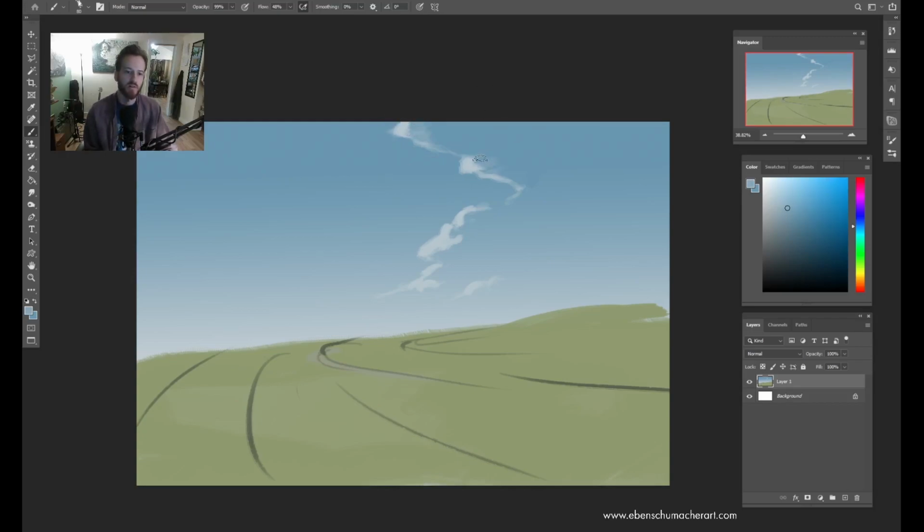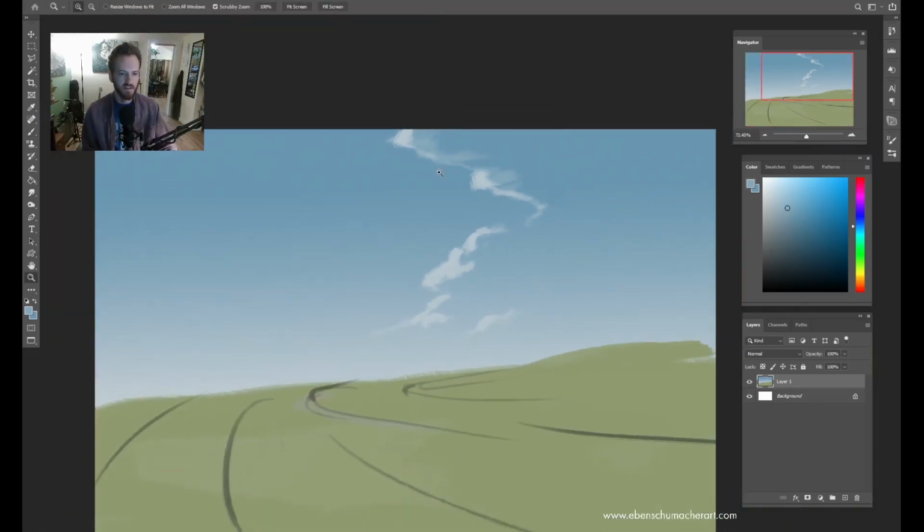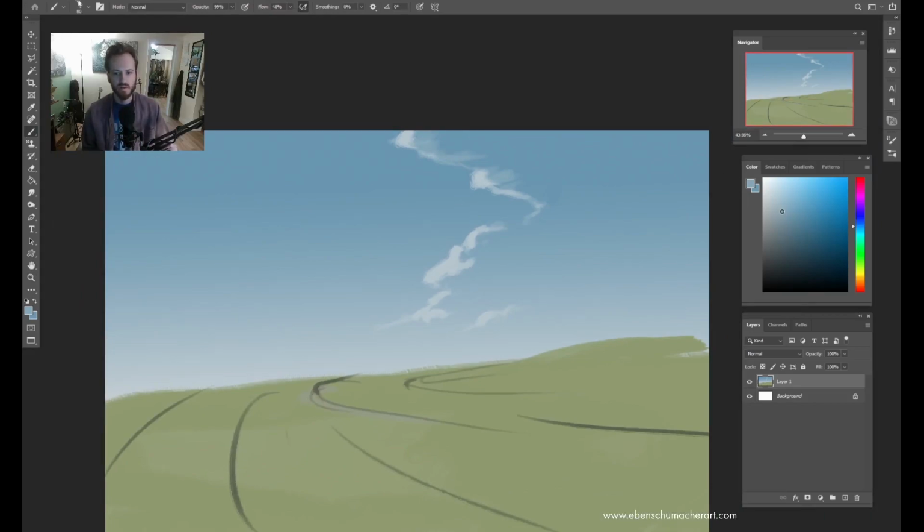I'll show you a mixer brush that I use for clouds all the time in just a minute here. So the next thing I've done is I've selected a slightly lighter value, maybe even a little bit more desaturated, a little bit more of a gray, and we're just going to paint out the shadow side of these clouds. And the reason I've desaturated a little bit, pulled it a little bit away from the blue where it was over here, is because